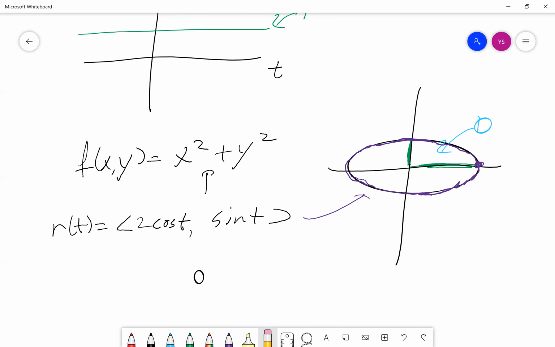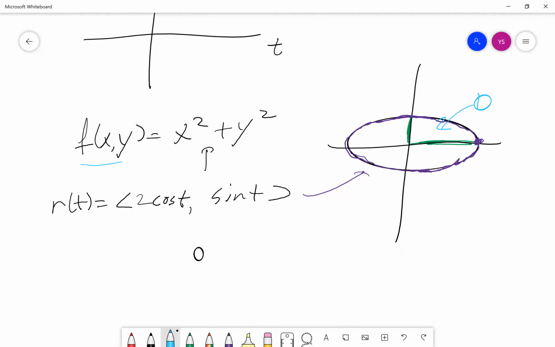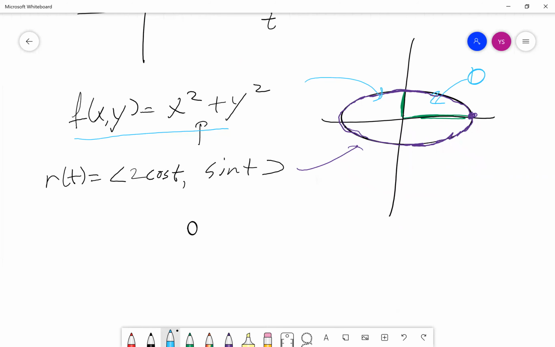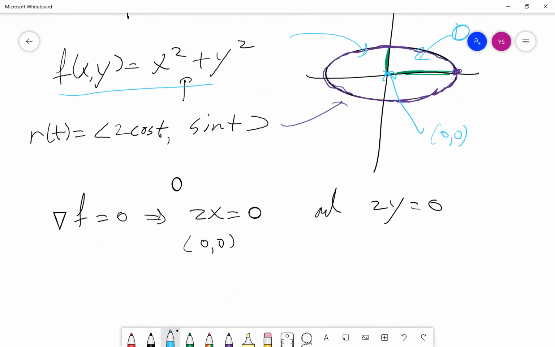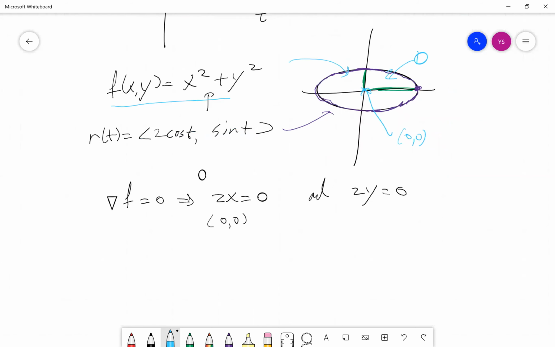So the first part of the strategy is just the same thing. We have this function inside of this domain. Let's find its critical points in the domain. So the gradient of f is equal to 0, which means that 2x is equal to 0 and 2y is equal to 0, which means again you have the critical point 0, 0. And this makes sense, of course. But now, when trying to figure out the critical points on the boundary,